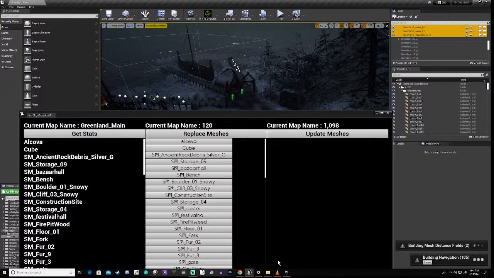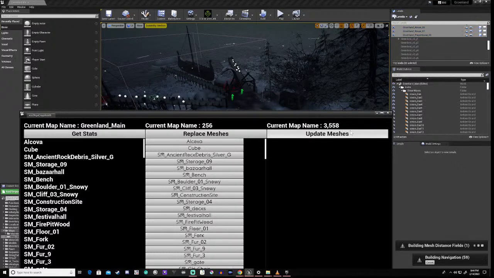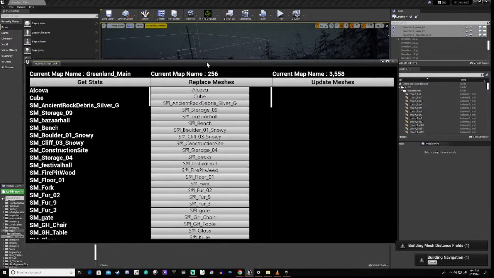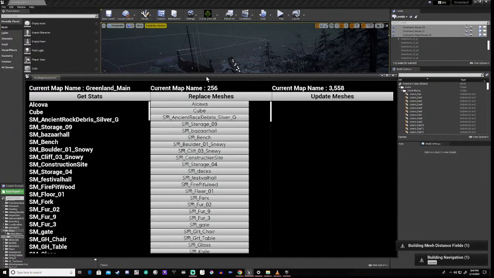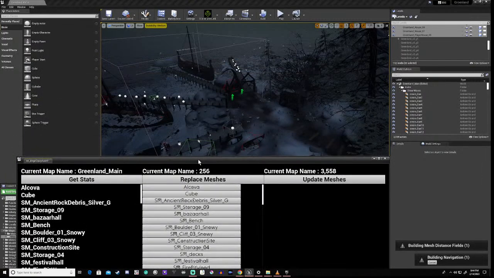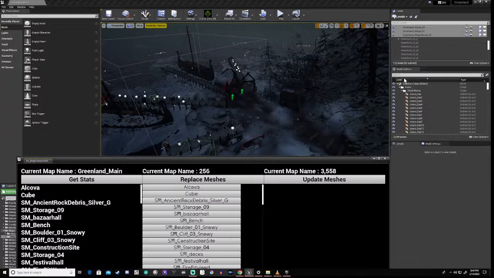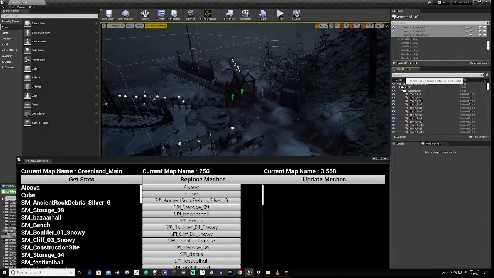And this is beginning to get weird, right? Because if I do this again, we've got 3,500, right? So the tree system is kind of weird, is what I'm trying to say, right? Now, what I'm going to do here, we've got our world outliner, and what I can do is say docs, okay?